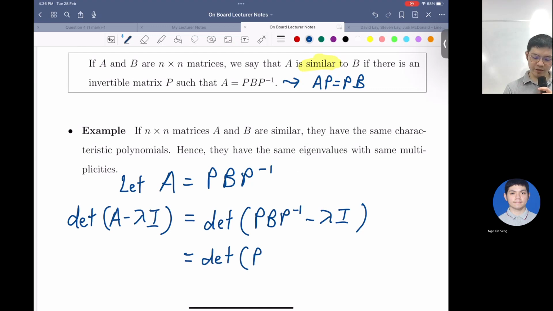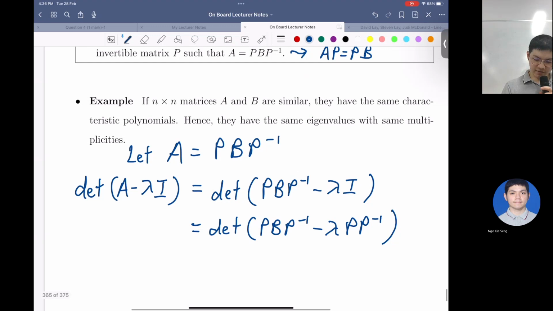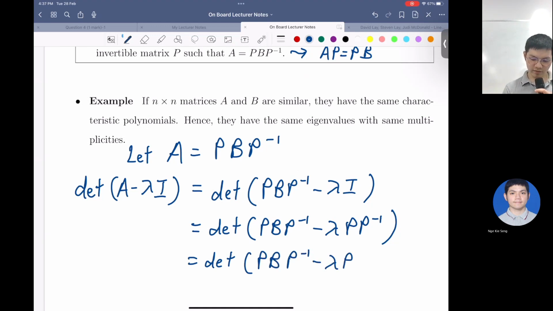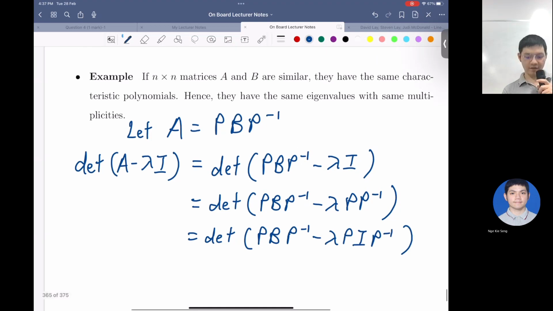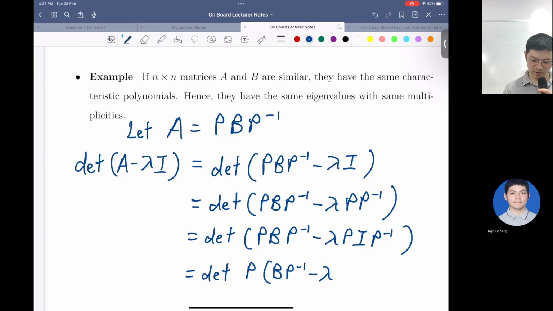We can introduce P P inverse on the other side also, because P times P inverse is the identity. Then we can factorize P and P inverse on different sides. So we factorize P out on the left, leaving B minus lambda I,